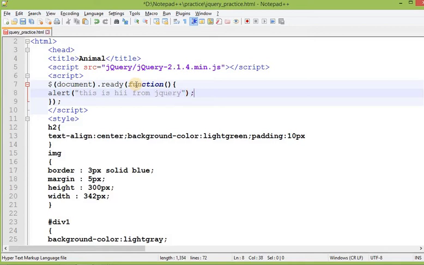Simple. And when will this be executed? Whenever my document is ready. Why? Because we have set this particular method. Whenever my document is ready, this method will be called, and it will execute whatever is implemented inside it.